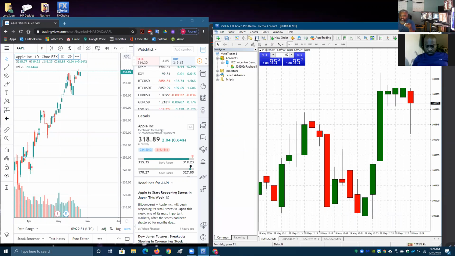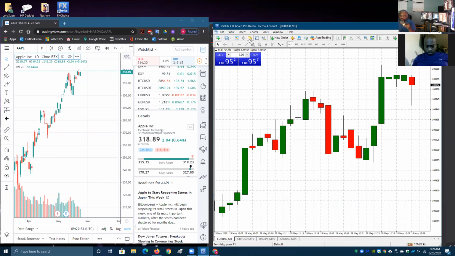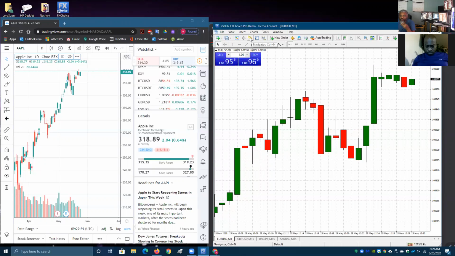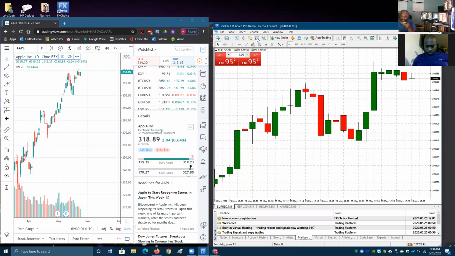No, one more to the left. There you go. All right. So go 1 more to the right. You want the navigation on there though. Not that one, the next one to the right. Terminal. Put the terminal back on. Okay, that's good. Now over on